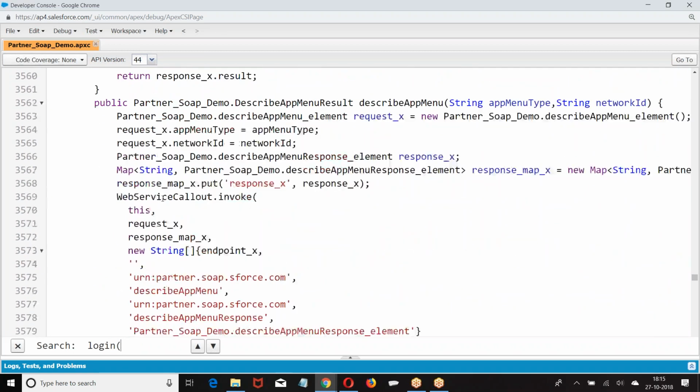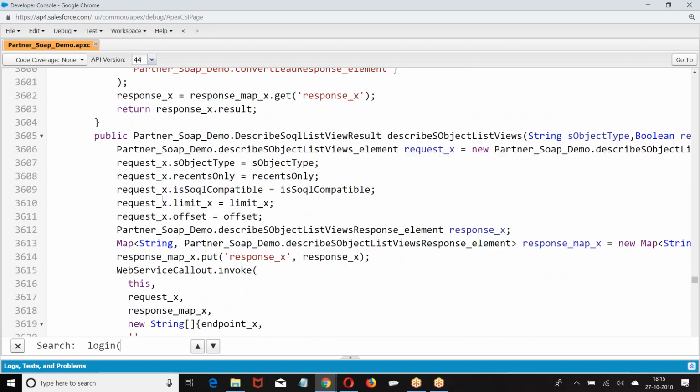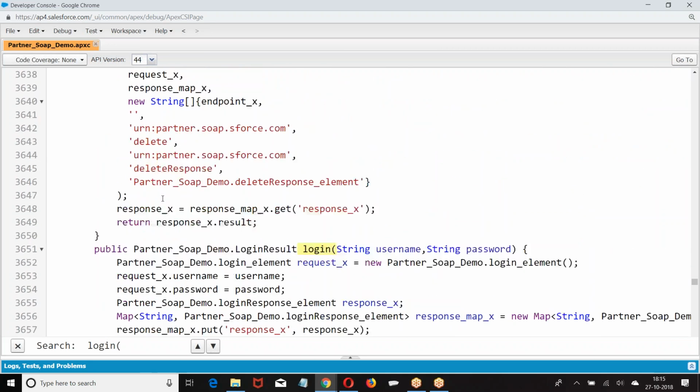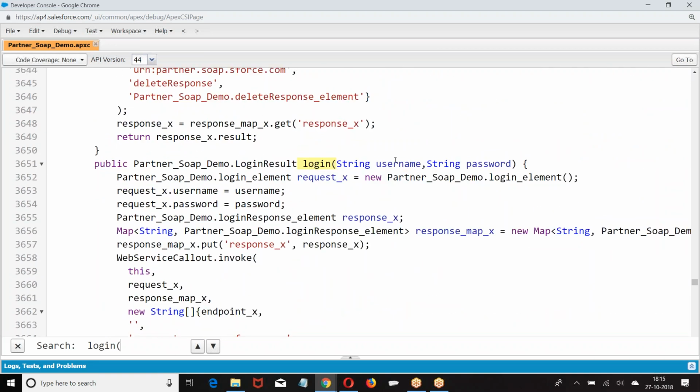There is a method called login, checkout. The login method asks you to pass a username and password. What do they give? In the login result, they give a session ID. This method is not logging you in; it is returning you a session ID. That session ID I am supposed to put in the header.